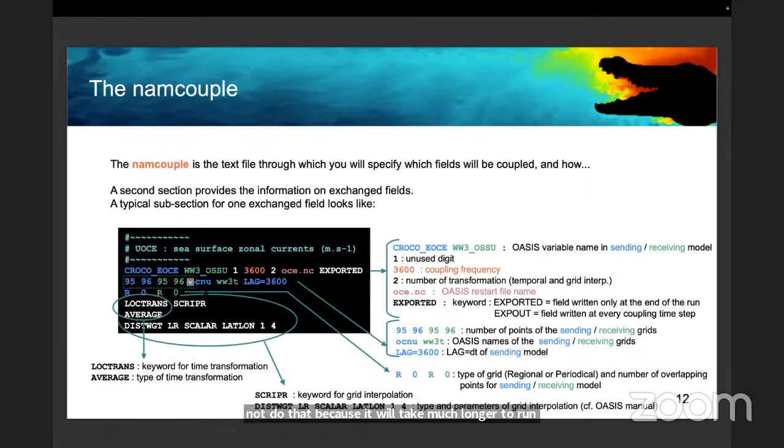Then you have a line that specifies the size of the grid. So first you have the size of the CROCO grid, then you have the size of the WaveWatch3 grid. Here they are the same, but they can be different. And then you have the name of the grid that is for the coupler. You will see there are some specific NetCDF files that are generated by the code for OASIS to know the grid and to prepare the